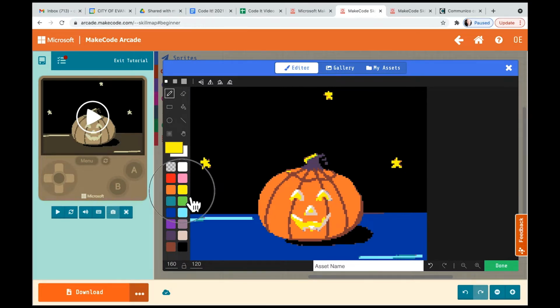If I wanted to, I could draw a big star. So you can draw stuff on there, and if you press done, I'll just draw another star over here. Not the best, but this is just a tutorial, just showing you the gist. If I hit done,